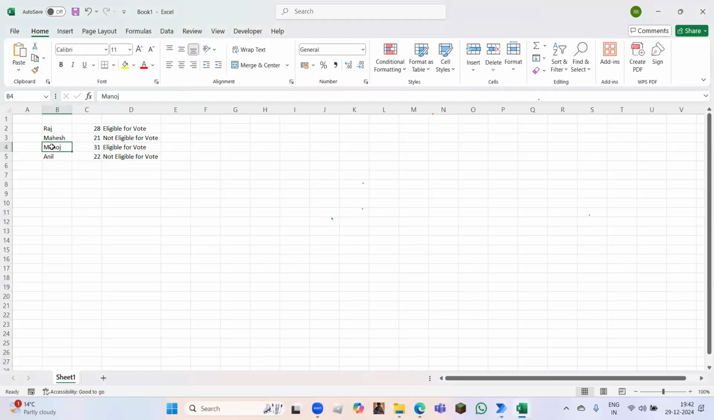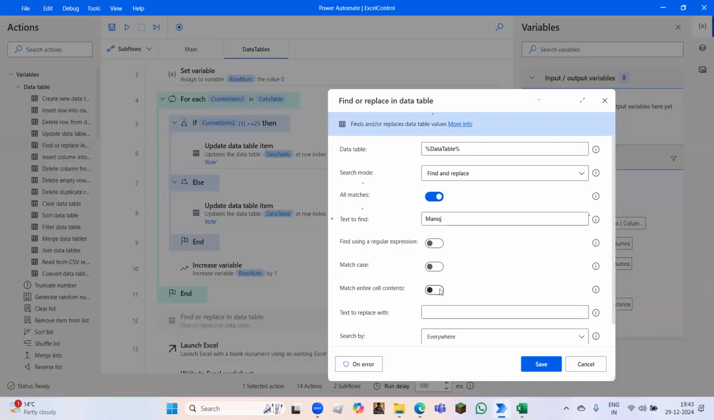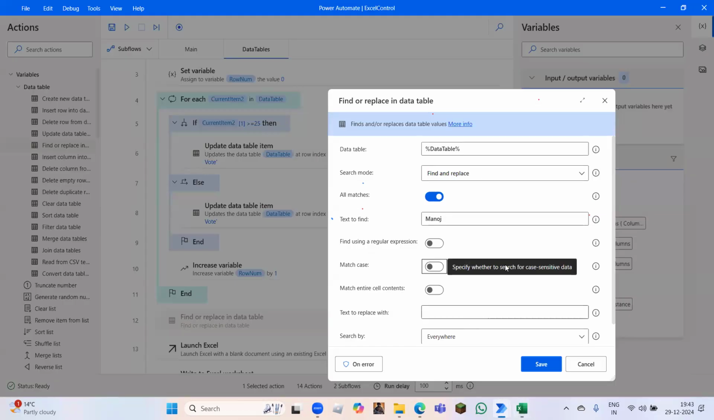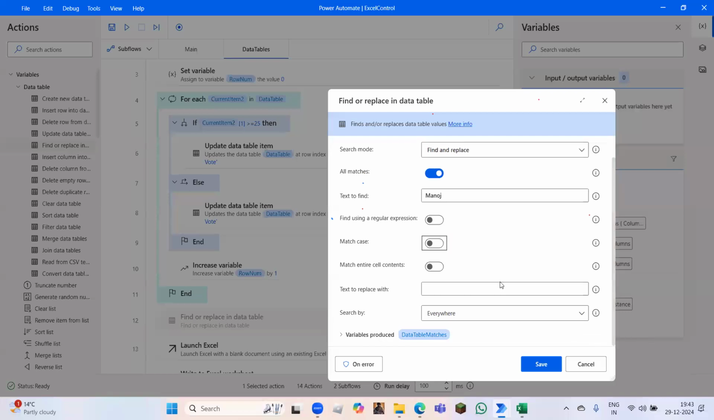So for example, if it is Manoj, and you are using entire cell content, it will read Manoj. In the next cell, if the name is Manoj Sharma, and you are using entire cell content, then it will not read that particular data, because we have chosen the entire cell. In this case, we are not clicking on match entire cell content, so it will take Manoj Sharma as well. Text to replace with: what is the text that you want to replace it with? So simply I will give any other name,